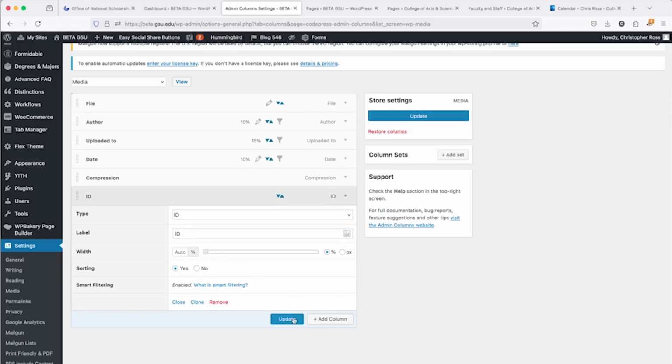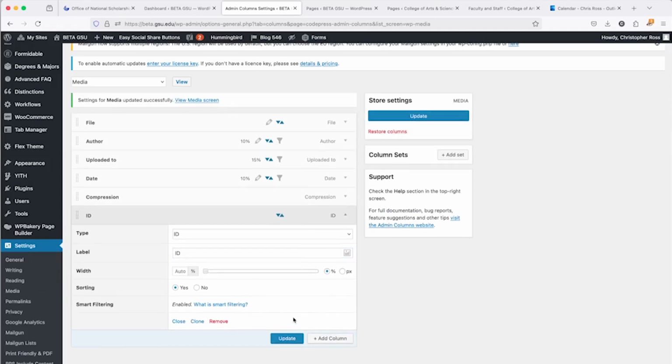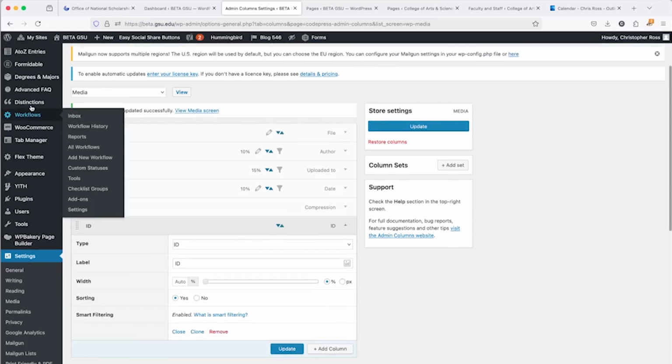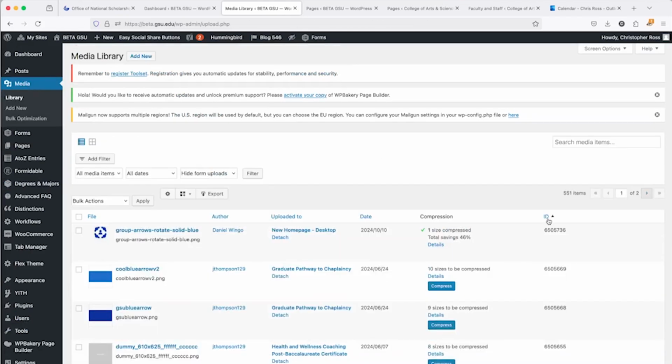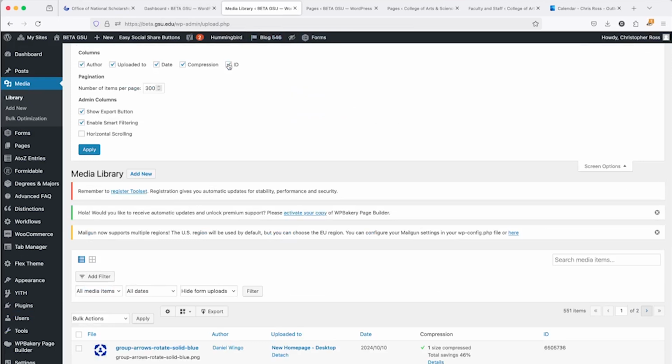So I'm going to save this. Then we are going to, there it is, it's on there. Let's update store settings. And then let's jump back to the media library and take a look at it. And here you go. ID is now here at the back. And you could have, on the previous page, moved ID up to the front if you wanted it to be the first column here. But as you can see, we have the option to sort by it with that little arrow appearing there. And then up here at the screen options, you have the option here on the page to